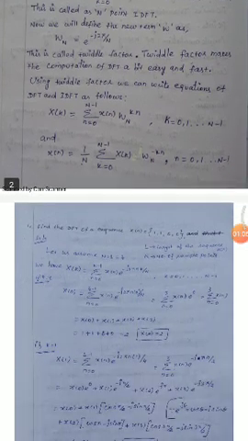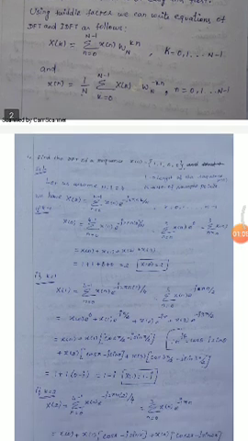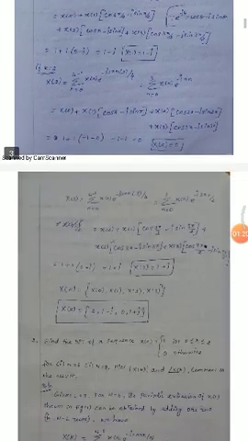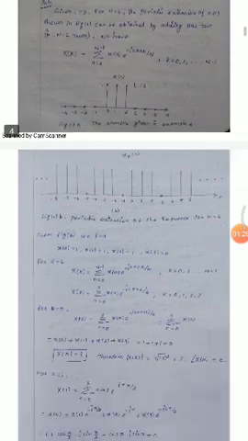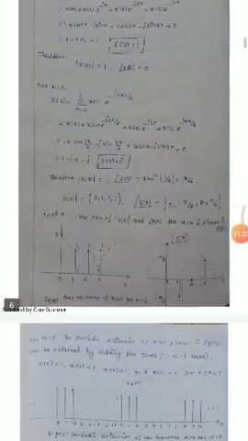So what is the DFT? How to find the DFT: if we are given 1, 1, 0, 0, we have to use the formula x of n e power minus j 2 pi k n divided by n. Likewise we take values k equal to 1, 2, 3, 4. At the last values we get 2, 1 minus j, 0, 1 plus j. Likewise we have various example problems.